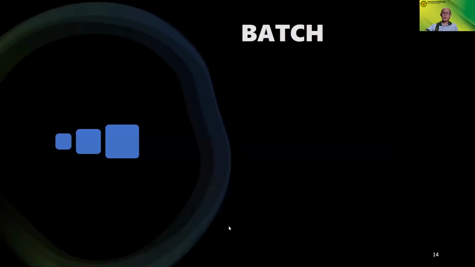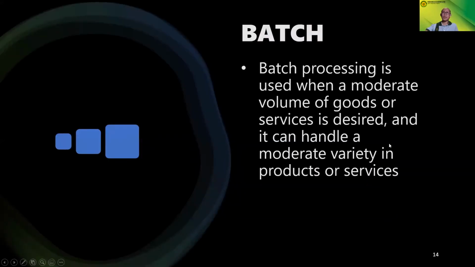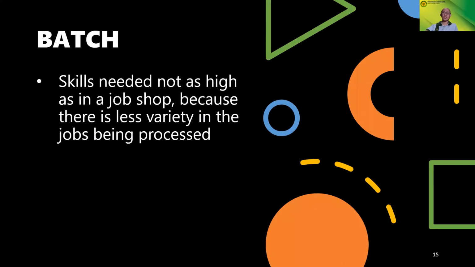The next process type is batch. Batch processing is used when a moderate volume of goods or services is desired, and it can handle a moderate variety of products or services. The equipment needed need not be as flexible as in a job shop, but processing in batch is still intermittent. The skill level of workers doesn't need to be as high as in a job shop because there is less